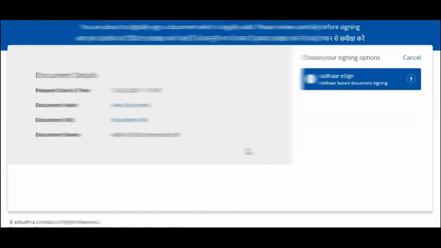These are the customer details which I have filled on my end, and I'll be automatically redirected to the eMudra website. Now you can see I am redirected to gateway.emsigner.com. This is a page where you are about to digitally sign a document which is legally valid. Please review carefully before signing.